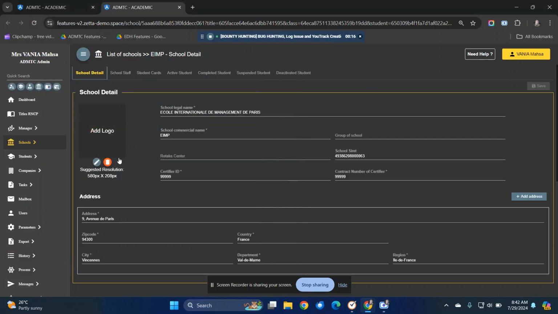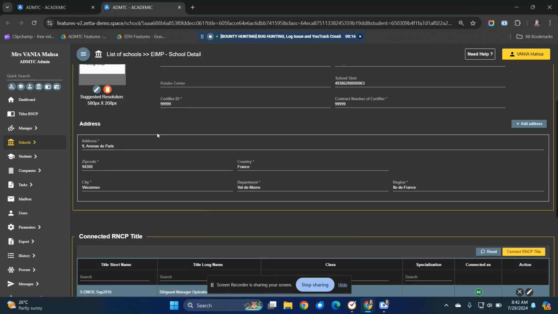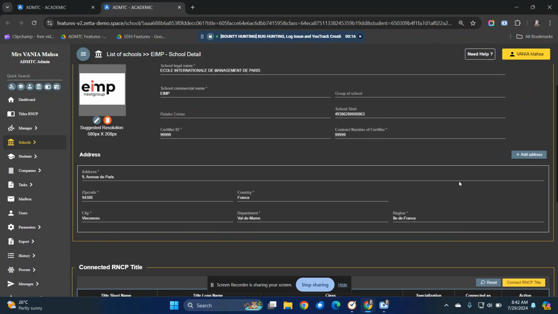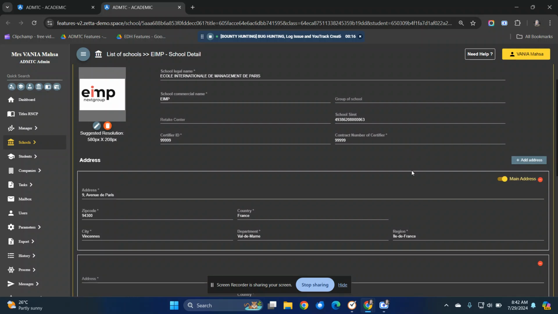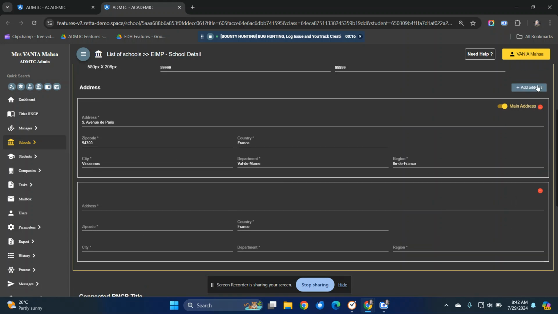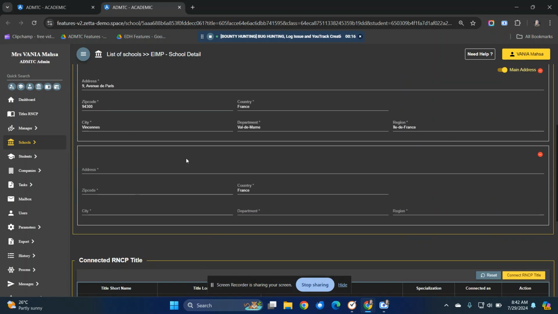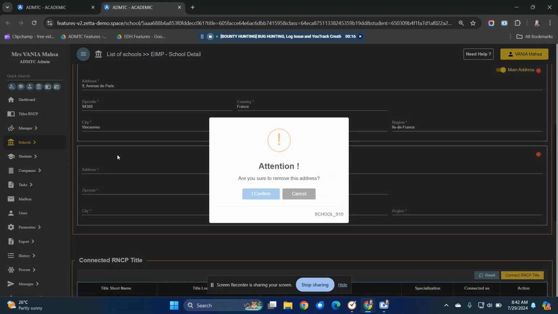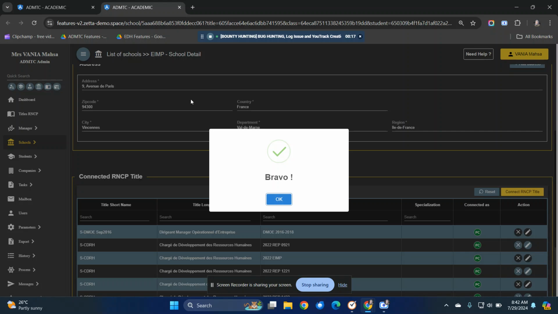with the school details. When I try to add address again in here, after that, this is the new field when I add address or fill the new address. But when I try to delete the fields, it should display the school as well. Then I try to click confirm, but look at this.